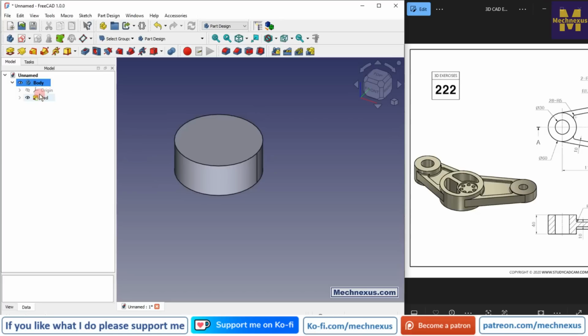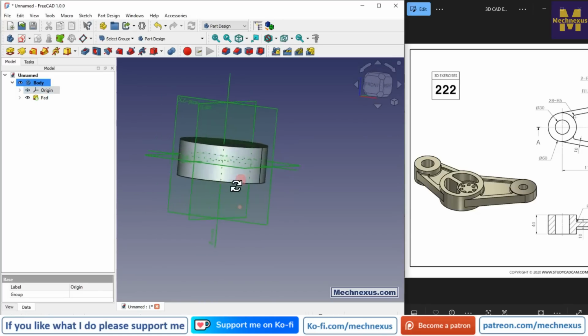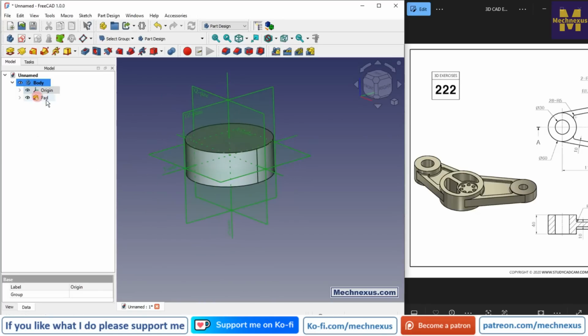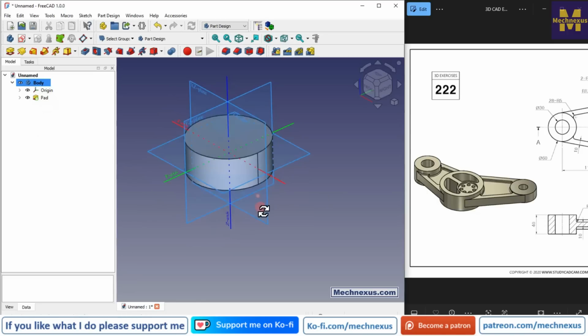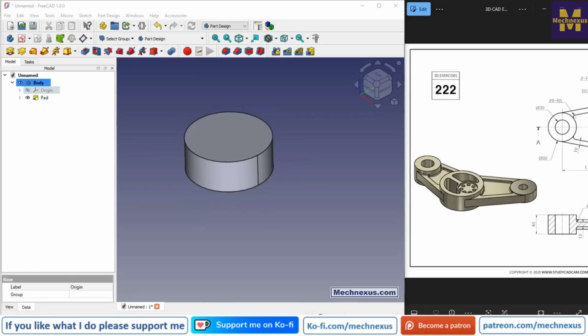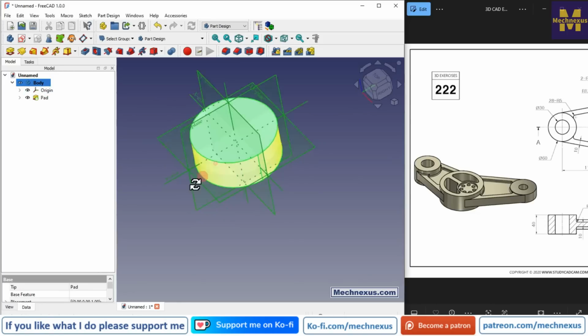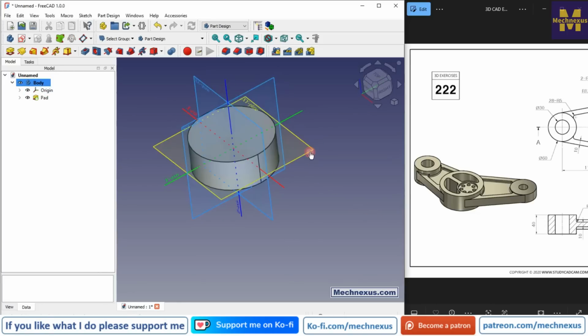Now once you have made it symmetric to the plane, we can see that our top plane is at the mid, and these two features will come on this plane. Now I will turn off the plane and we will move to the next feature. As we have made it symmetric, we will select this top plane and click on the sketch,